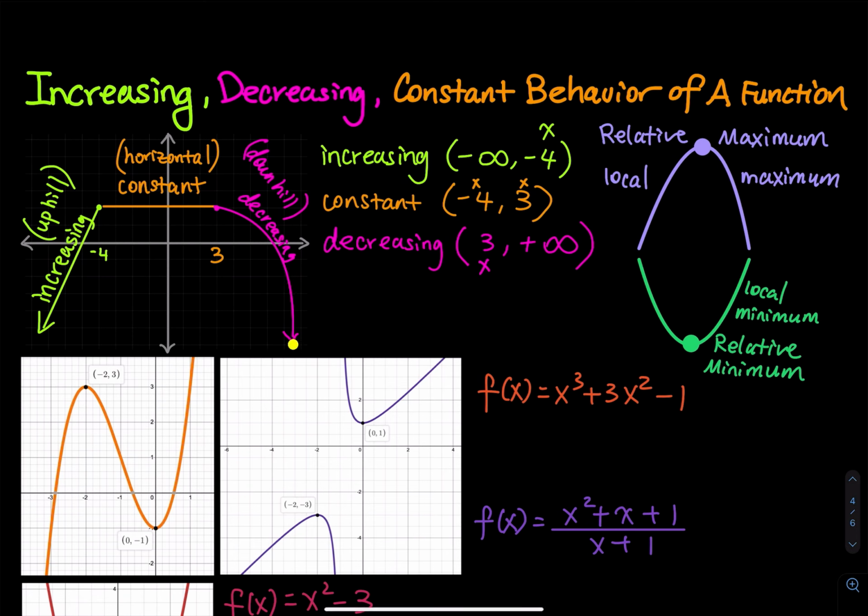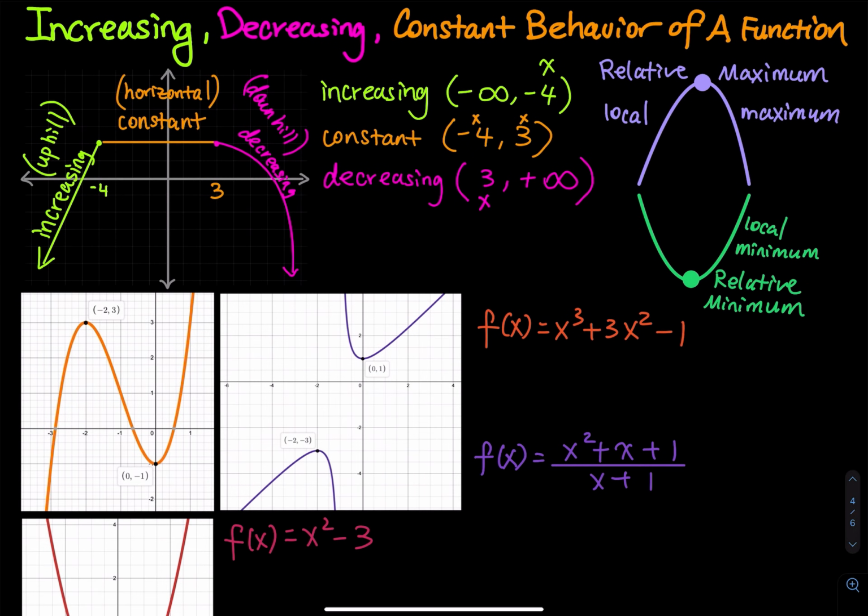So we have going up for increasing. You have to look from left to right. So before we start, keep in mind, look from left to right. Increasing means going uphill, just like riding a roller coaster. Increasing is going uphill, constant means horizontal, and decreasing means going downhill. All right, so let's take a look at